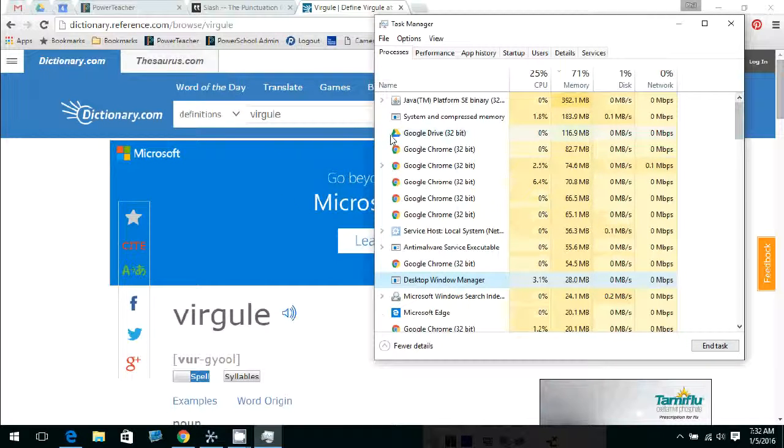But let's say, for example, I had this program. It's using 20.1 megs of memory right now. Let's say it was using 500 megs and it was getting bigger all the time, like 500 megs, 502 megs, 506 megs, 510 megs. If it's growing out of control and my computer's getting bogged down, I could right click and go to End Task, and Windows is going to kill